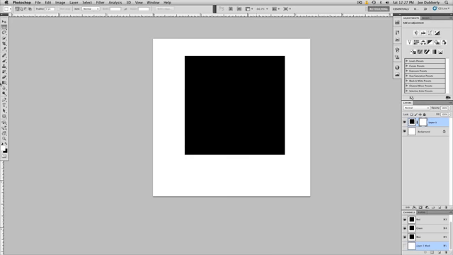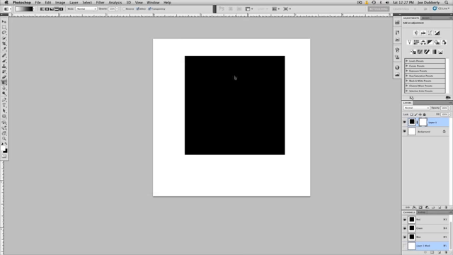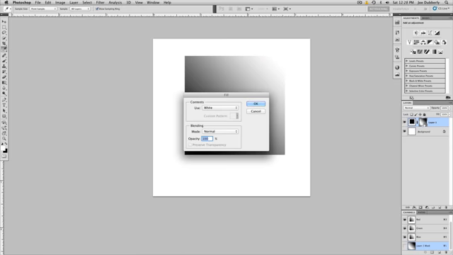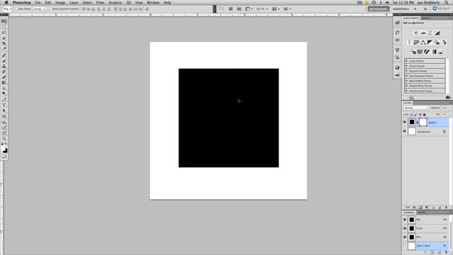There we go. We can also use a gradient overlay on this. So we can select white to black, and we can give our box that same gradient overlay. And once again, we have not damaged it in any way. We've just given it a transition using that gradient. We can fill this again with white. It goes back. So this gives you a little idea of how masks work,